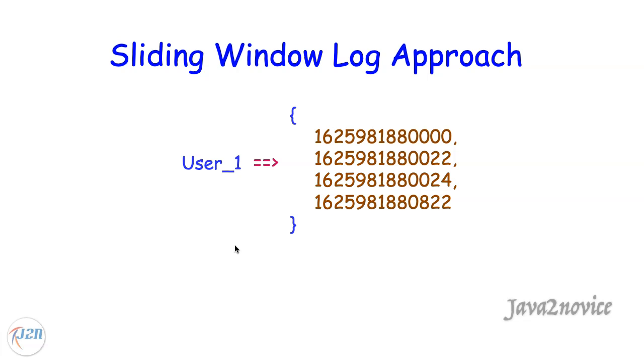But this approach requires more memory as we are logging each and every user request timestamp into Redis. Redis memory will be filled up easily. Also, the compute is costly here because each user request requires calculating the number of requests that occurred in the given sliding window time. There are high chances that the performance may drop during a burst of requests. So there is a scalability issue. This is not a scalable solution.